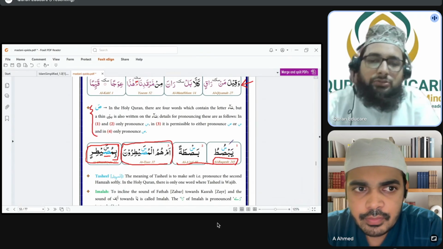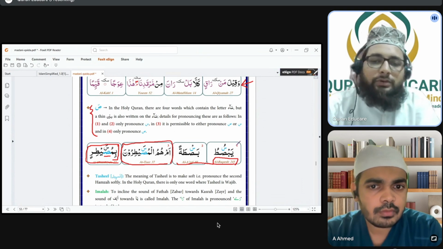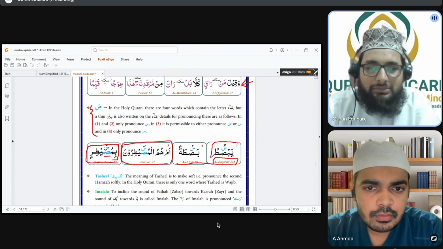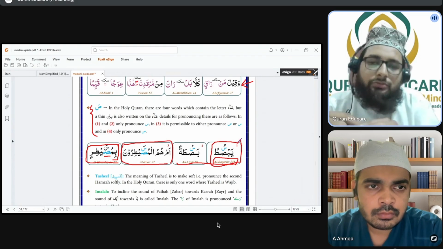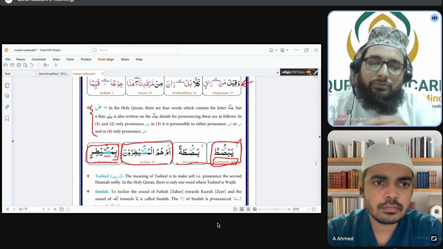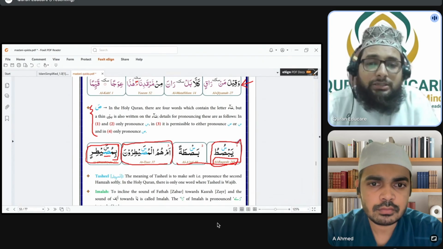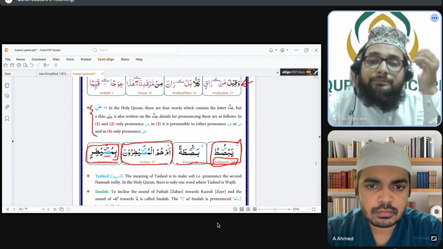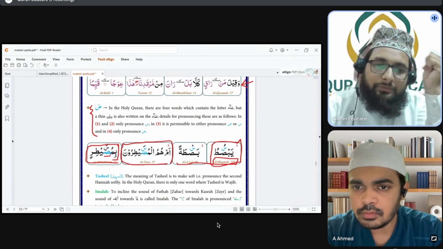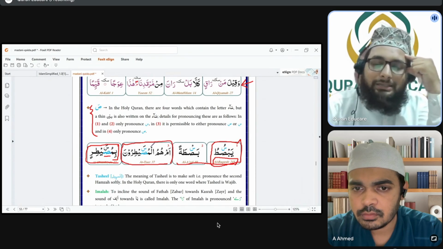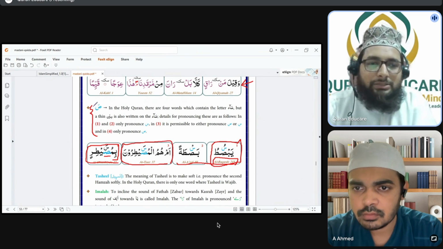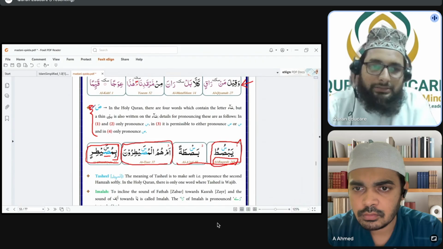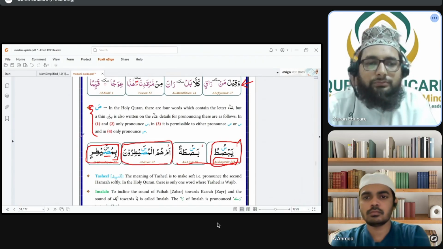There is no specific rule, just keep in mind, in these four words, according to your level, according to the qaida rules mentioned here, you should recite the scene in these first two boxes. In box number 4 you will pronounce the sword, and in box number 3 you can pronounce the scene or sword, any. It is mentioned here. If you forget, you can find here what you have to do.